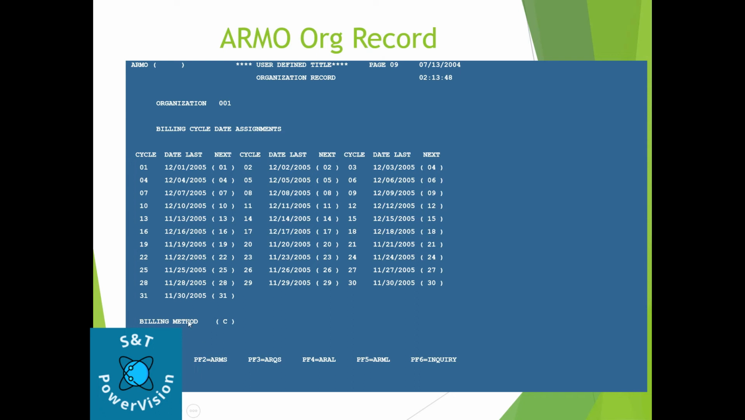Now here is the billing method. If we talk about billing method, there are two kinds, C and D. Normally in most systems, D is for the demand cycle and C for the call cycle. We'll see all of those in detail in a later video when we define the org parameters in